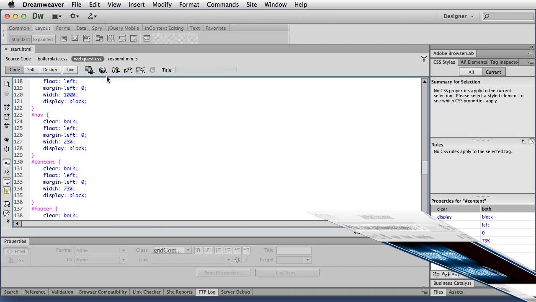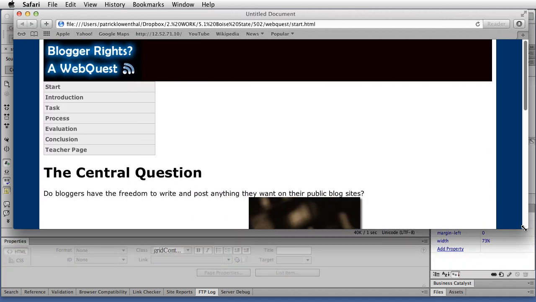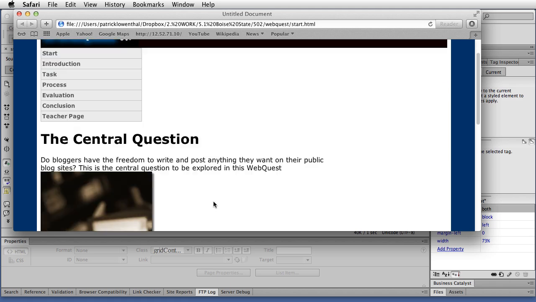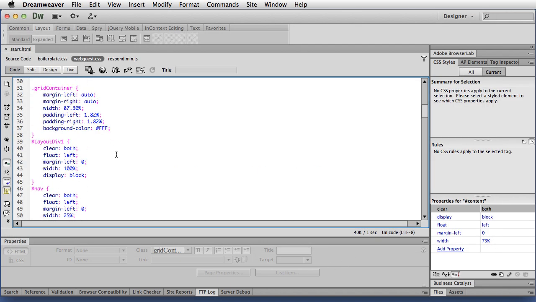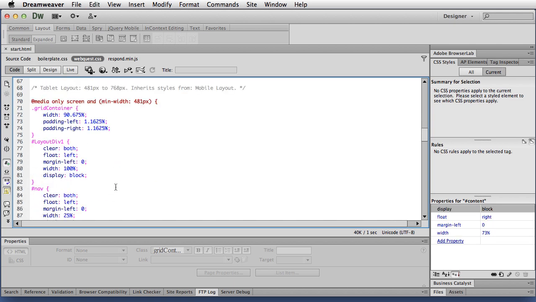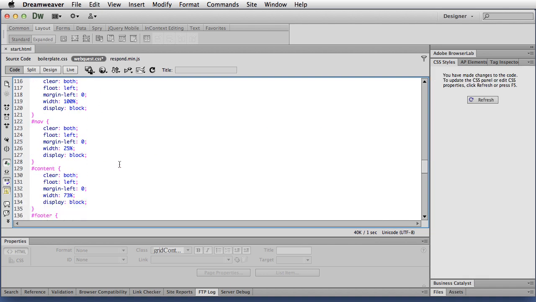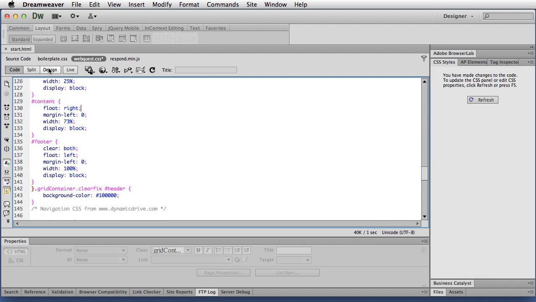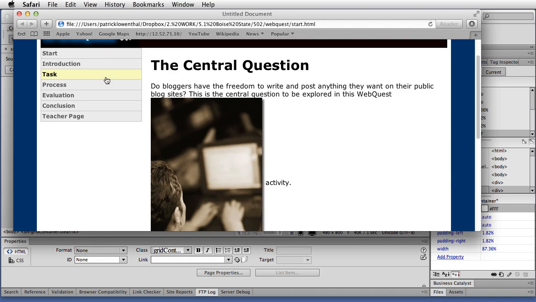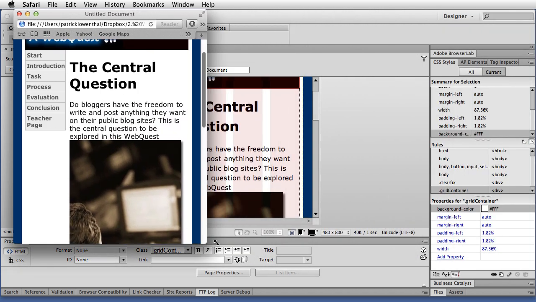So let's save all and take a look. Alright, so the content's still a little off, and so we could take a look at that. What it looks like is the float is what wasn't carried over. So we're going to go down here, and the float right, I'm going to get rid of the clear while I do this. Okay, it's looking better, and you can see